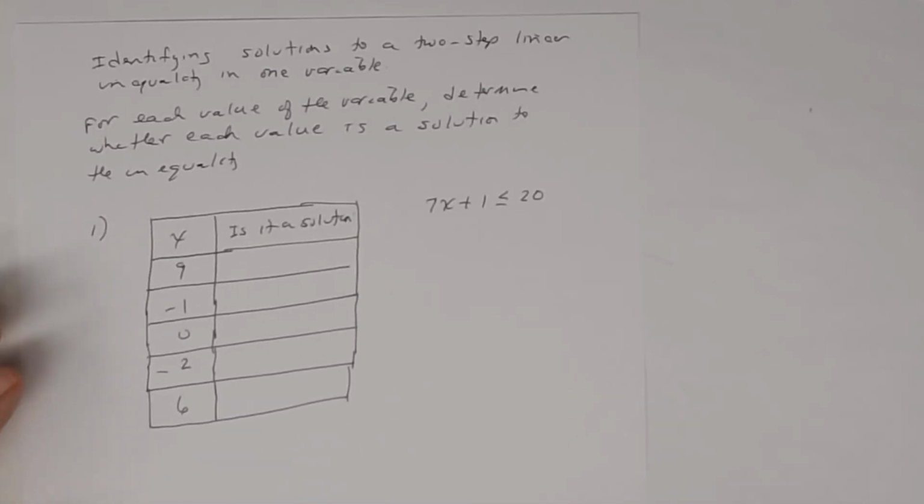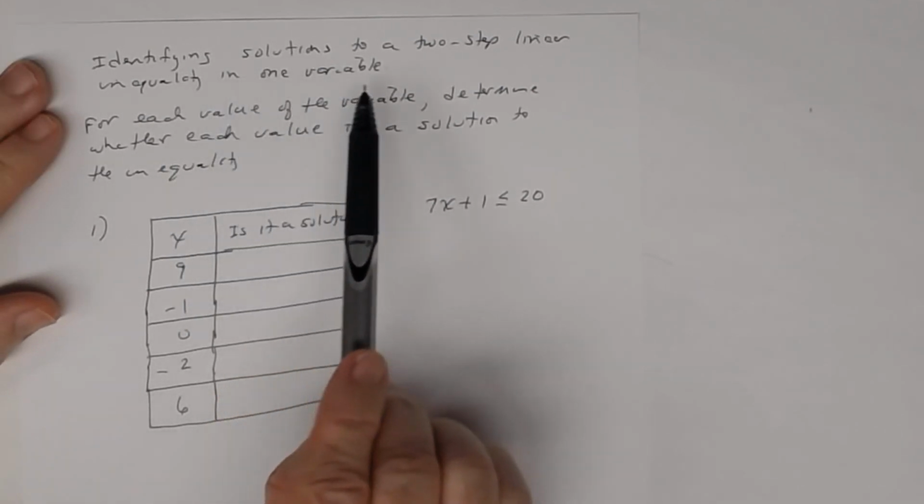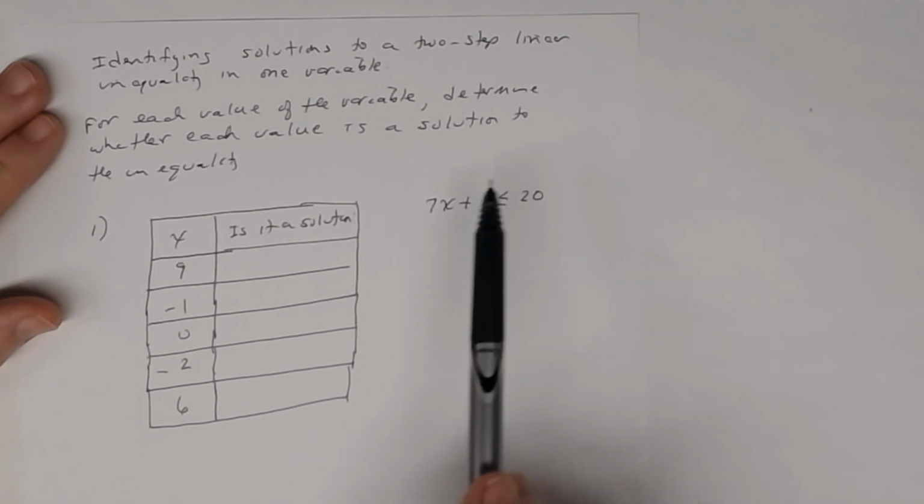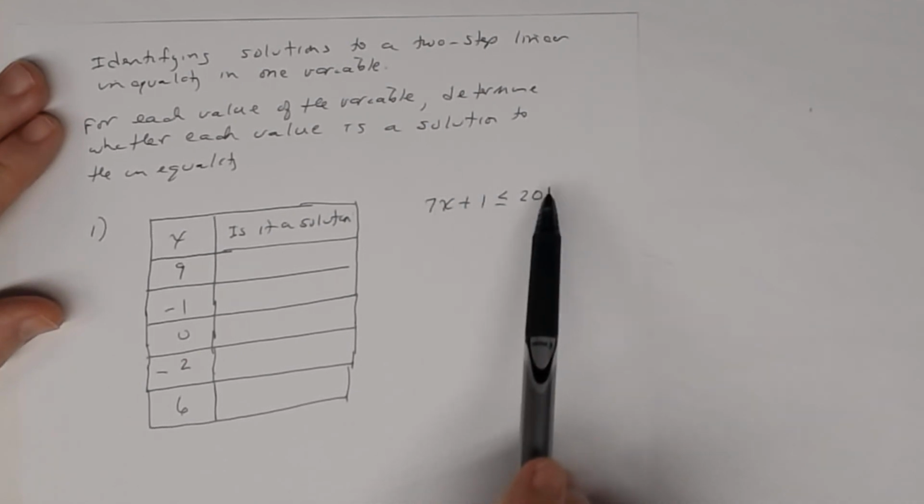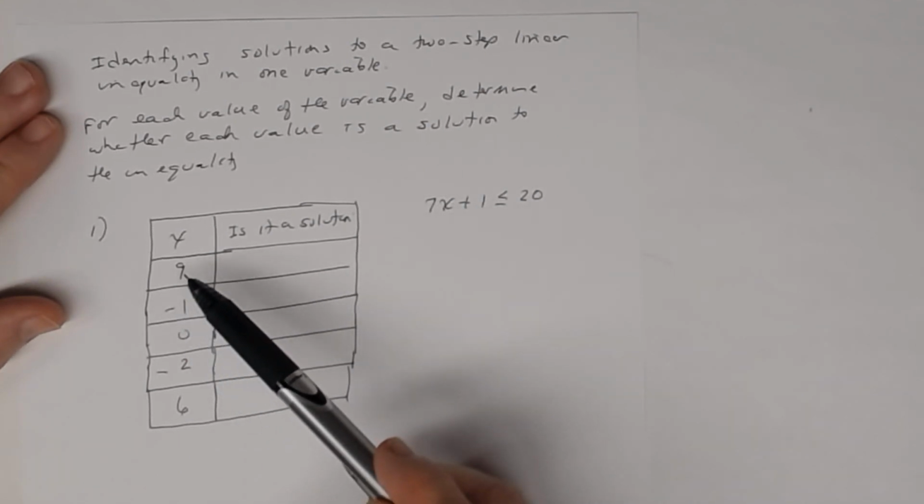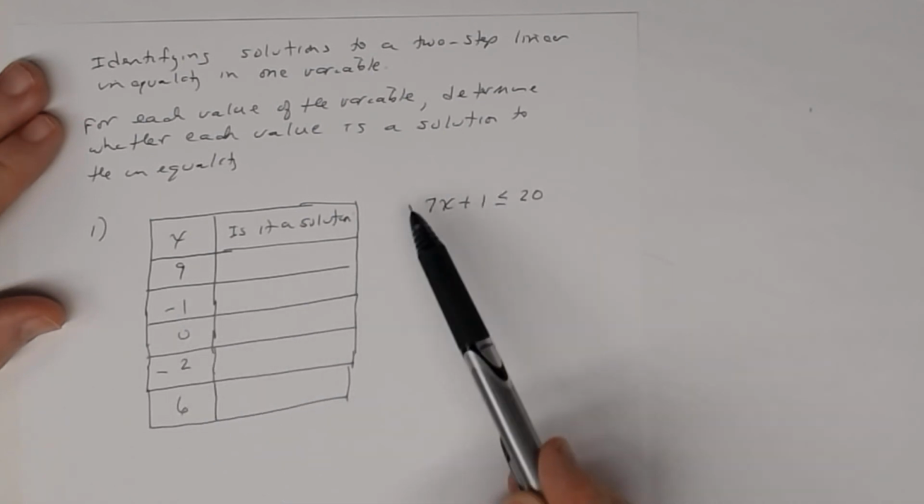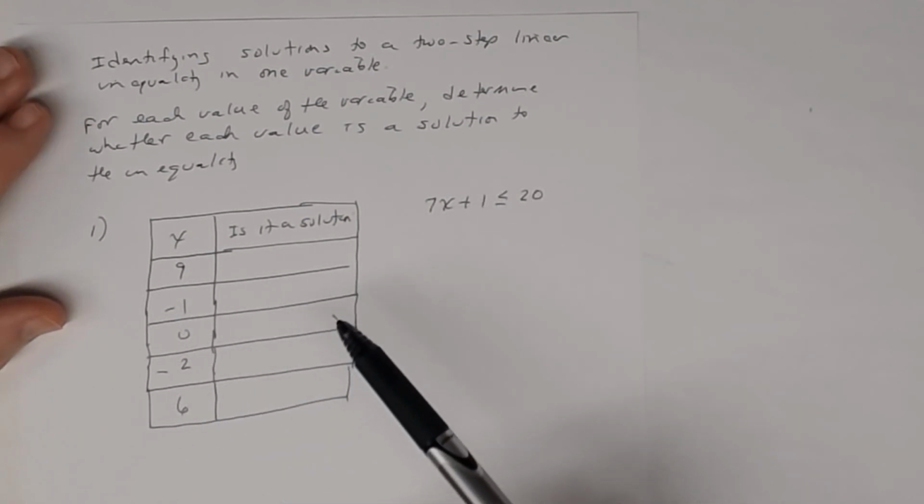Okay, so in this lesson, this is where we start looking at determining whether a value is a solution to an inequality. So you're given this inequality right here, and you're asked to determine whether each of those values of x is a solution to this inequality. So remember, just like